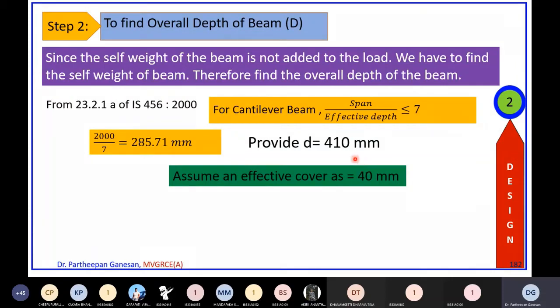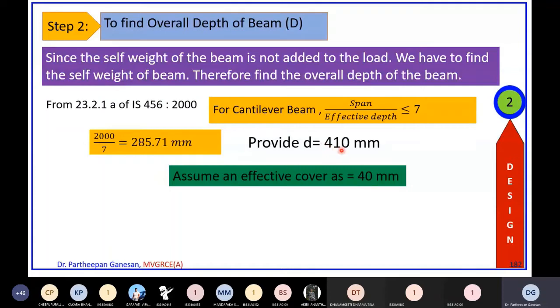That is why the design will not have a unique answer; it will have different answers. But you have to write down all the assumptions very clearly, and wherever you are writing this kind of sentence, you should give the reference from where you are taking it. For example, here I have written 23.1 of IS 456. This specification has come from the code, so you have to refer to the code all the time in your answer. In the exam also, you should write down wherever you are taking data from.